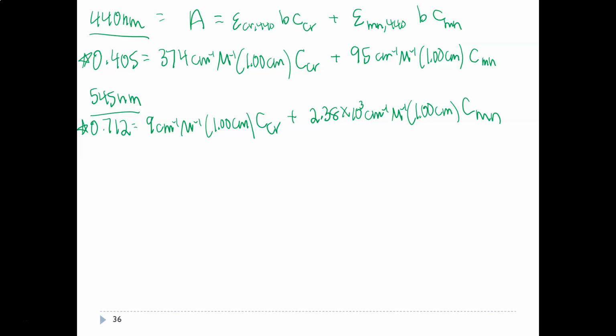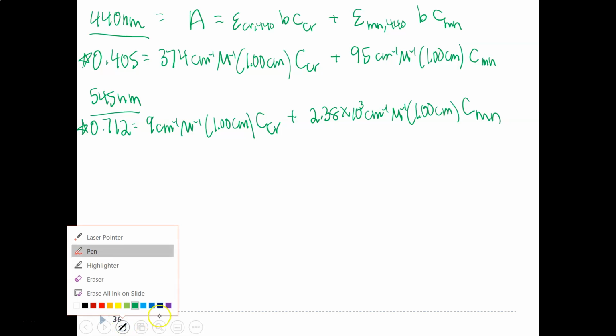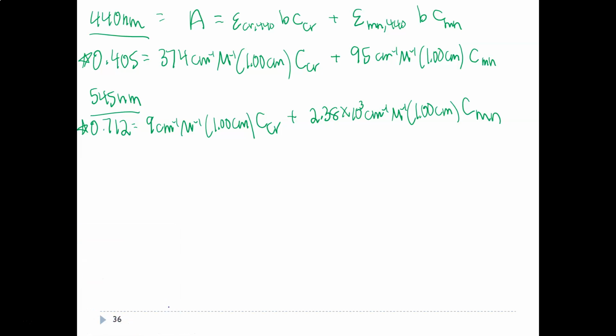So we have to decide which equation we want to use to rearrange the equation so that it's equal to one of the variables. So I'm going to choose to take my first equation, this one, and I'm going to rearrange it to solve for the concentration of chromium. So that equation, I'm going to draw a line down here, and what I'm going to do is concentration of chromium equals